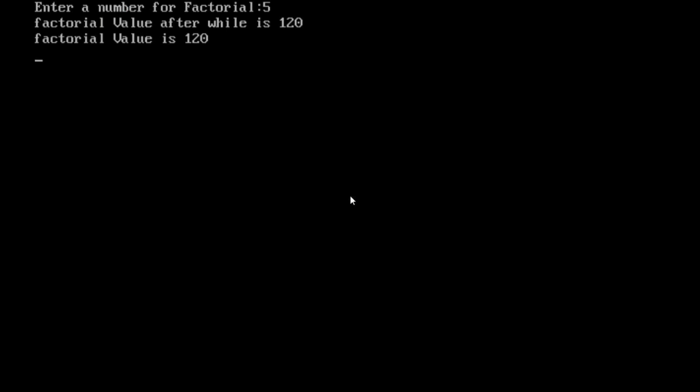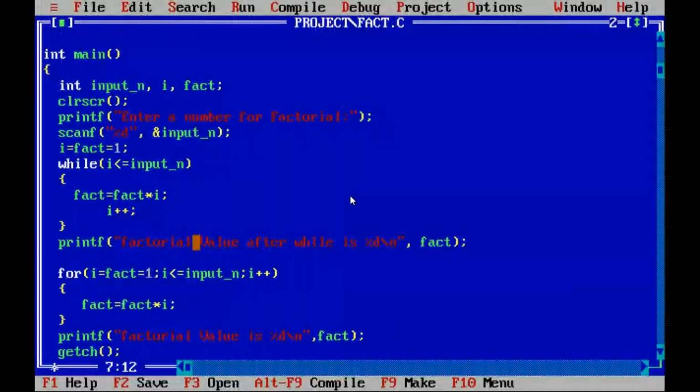So you're able to see here. With the clear screen function, we can clear the previous run window, and we have to use this function only after the declaration of any variables and functions. It should not be run before the declaration statement. So if anybody is having any doubt, you can ask now.